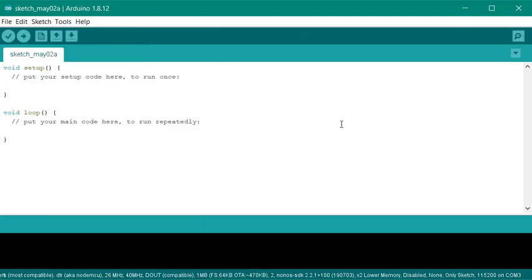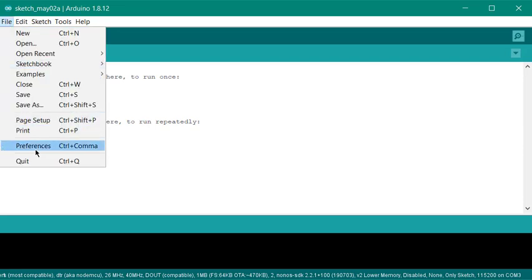You have to attach your libraries before you start your project. In our project we need the Firebase ESP8266 library, but before you attach that, you need to attach your ESP board.